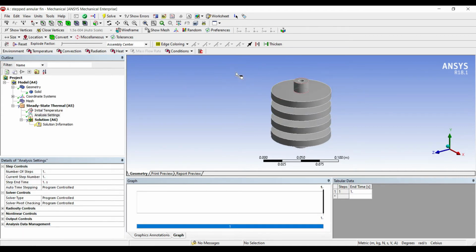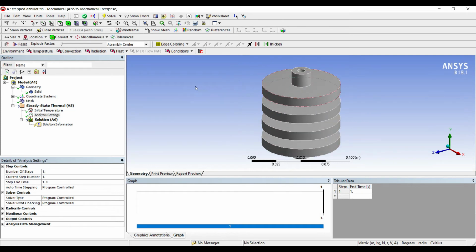This is a hollow cylinder on which annular fins are attached. In the previous problem, I had taken a solid cylinder at the center. Here I have taken a hollow cylinder just for showing you the procedure to make a hollow and a solid cylinder. Nothing specific as such. So here also you could have taken a solid one and solved.